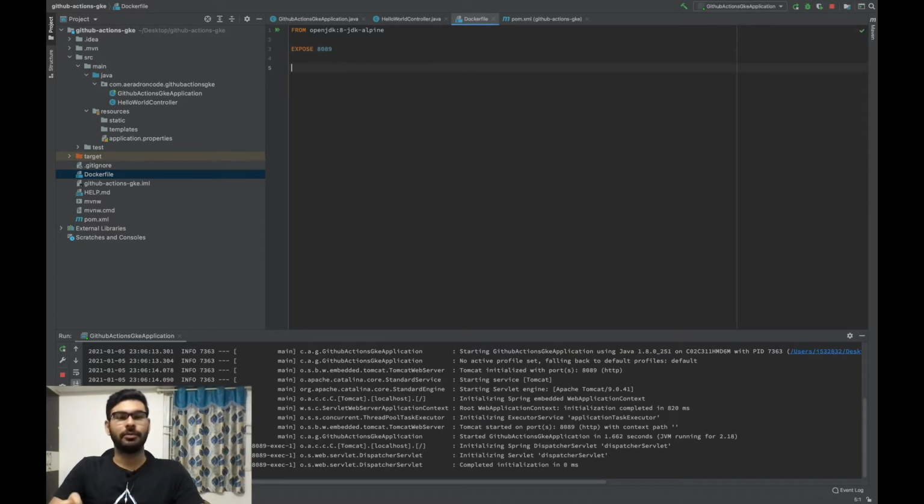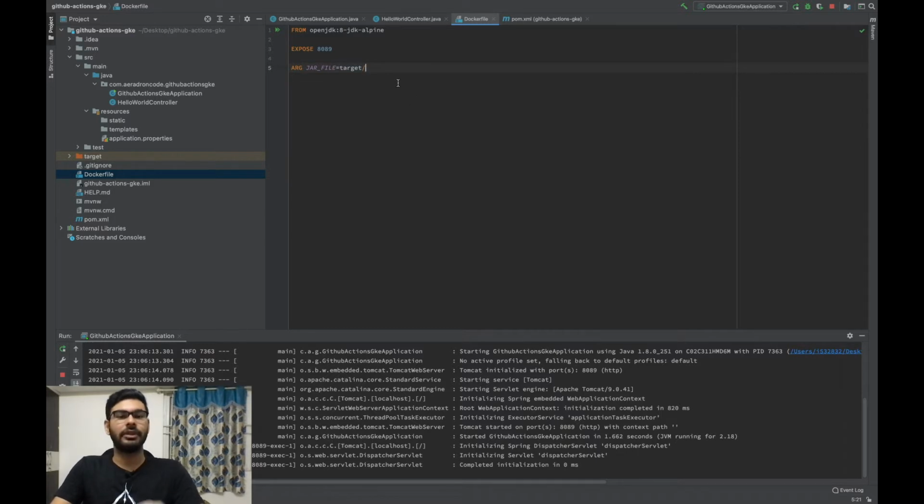Next, we want to specify which jar file we will be using to execute the image. The image needs to run, but we need to specify something that is executable. Our jar file that is finally created in our target folder is what we will be using. To do that, write ARG JAR_FILE equals target slash.